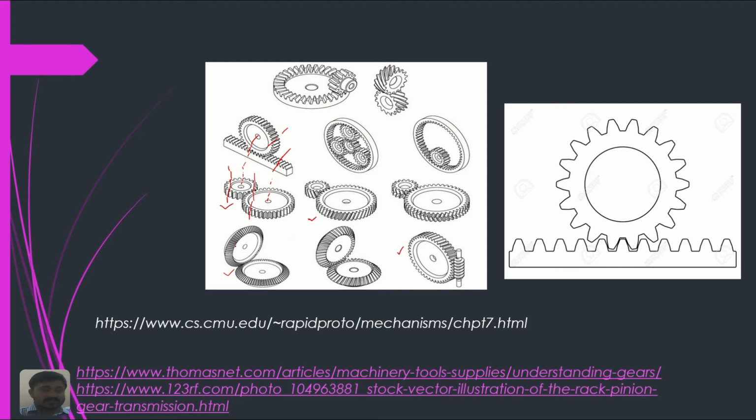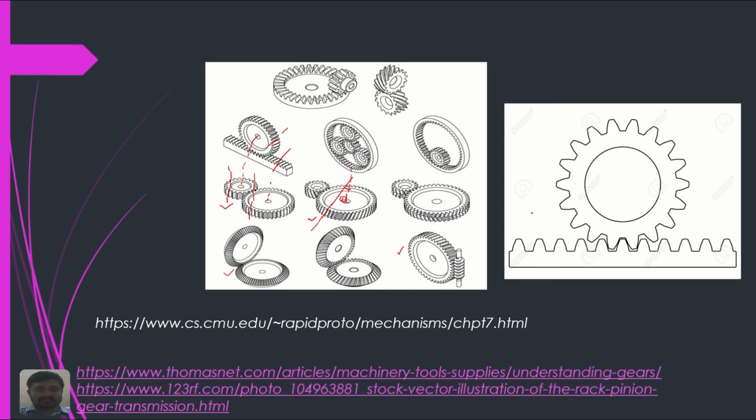For the bevel gear, this is a straight bevel and this is an inclined or helical bevel. Coming to the helical gear, its axis is the same as in the spur gear, but when we take the teeth, you can see the teeth are inclined, at an angle theta. That is the major difference by which we can differentiate between the gears with respect to the axis. Spiral gears do not come under our syllabus, and the worm gear is totally different, as are the straight bevel and inclined bevel.